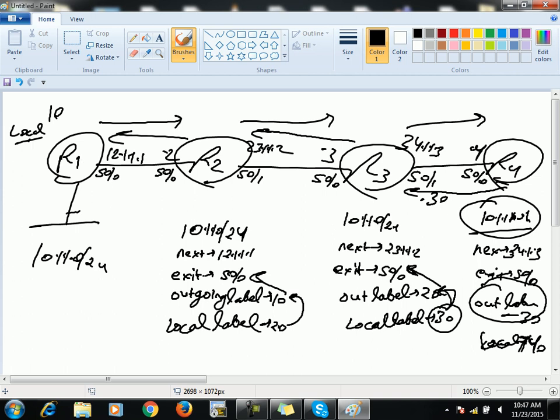You understand? So this is the beginning, the basic idea of how MPLS works. This is not exactly the way MPLS works, but I'm just trying to make you understand how it will work. In future I will teach you the exact way that MPLS works, but somehow it works something like this. It will be switching packets based on label numbers, and labels will be allocated by the devices themselves, and labels will have local significance. Understood?